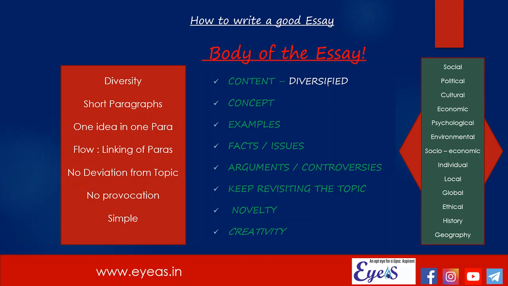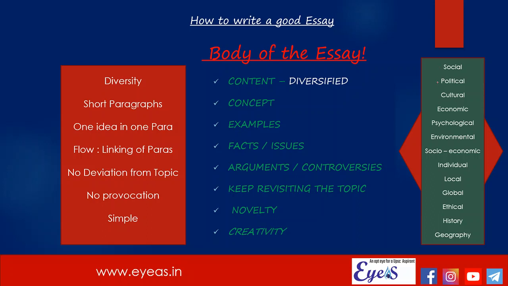So as we said, diversity is the most important aspect which one looks for in the body of the essay. As a rule of thumb, you can devote 1 page of your answer booklet for a particular area. The areas can be many. Some illustrative headings have been written here. You can write about the social context. You can talk about women, youth, old aged people, the Divyangs, and bring in variety to your essay.